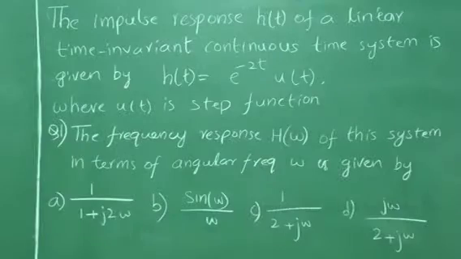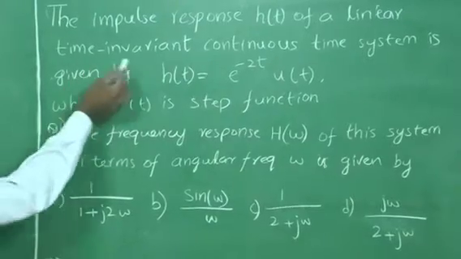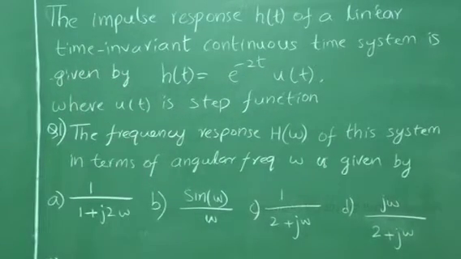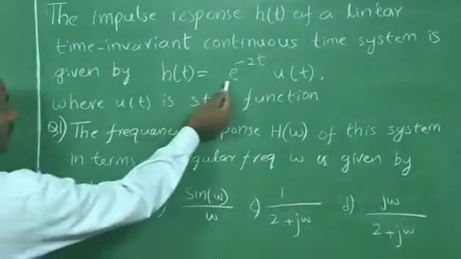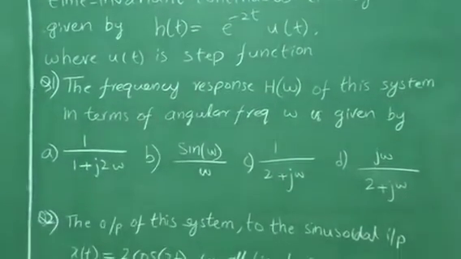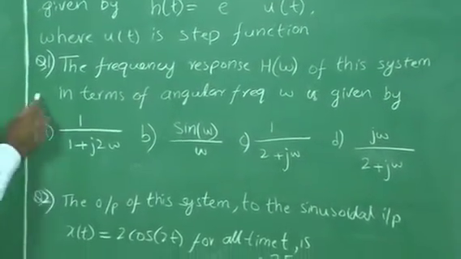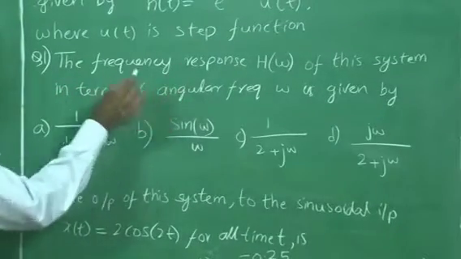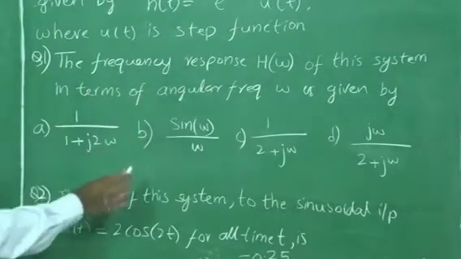The impulse response h of t of a linear time invariant system is given. h of t is equal to e power minus 2t into u of t, where u of t is a step function. First question: the frequency response H of omega of this system in terms of angular frequency omega